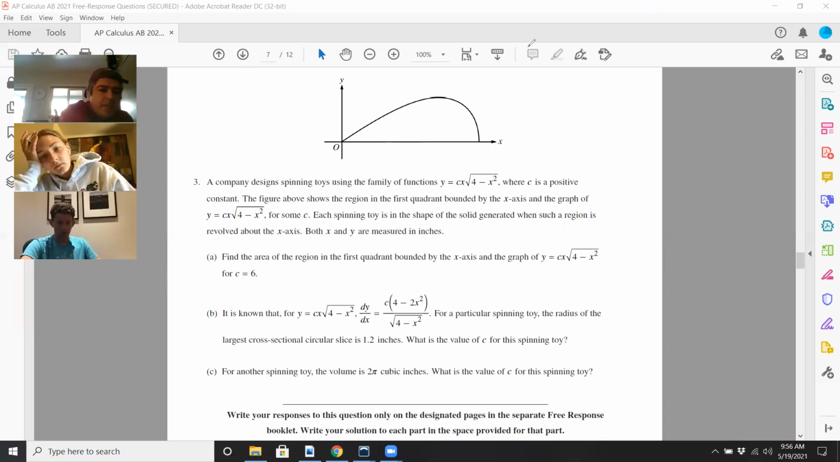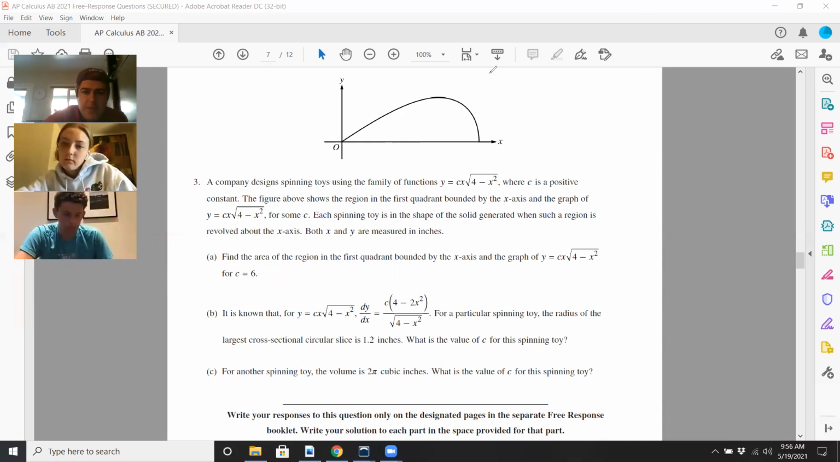Okay. So volume. That's what's happening here. It is known that the derivative is that. They approximate the radius of the largest. Okay, actually, it's not a volume problem just yet. I think that's for part C. The radius of the largest cross-sectional area of circular size 1.2 inches. So what's happening is that the largest cross-sectional circular slice